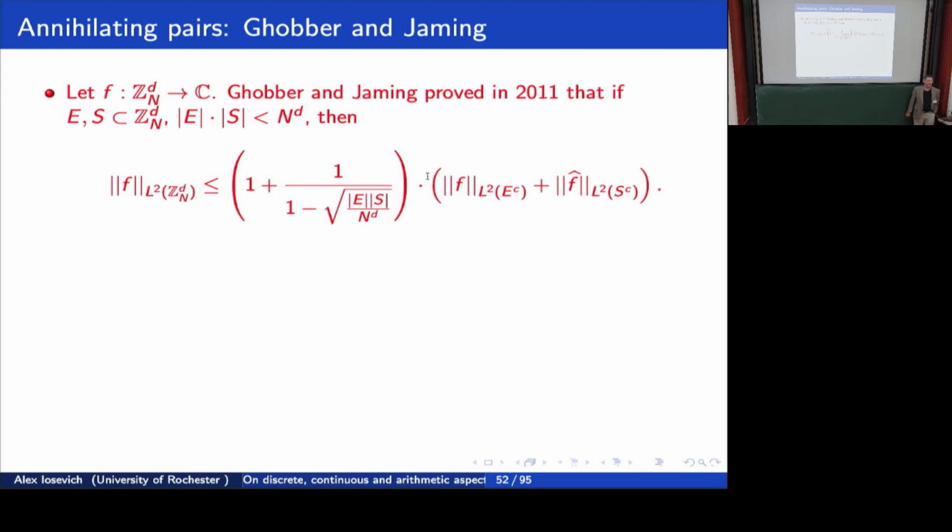There is a variety of applications of this, some of which I'm going to mention. In particular, this implies the classical uncertainty principle instantly, because if you assume that f is supported in E and the Fourier transform is supported in S, then the right-hand side is 0, and so is the left-hand side. Moreover, it is clear from this that if you merely assume that f is concentrated in E and the Fourier transform is concentrated in S, then you still get a suitable version of the uncertainty principle. So I think that the annihilating pairs inequalities are really one of the nicest ways of encapsulating the uncertainty principle.